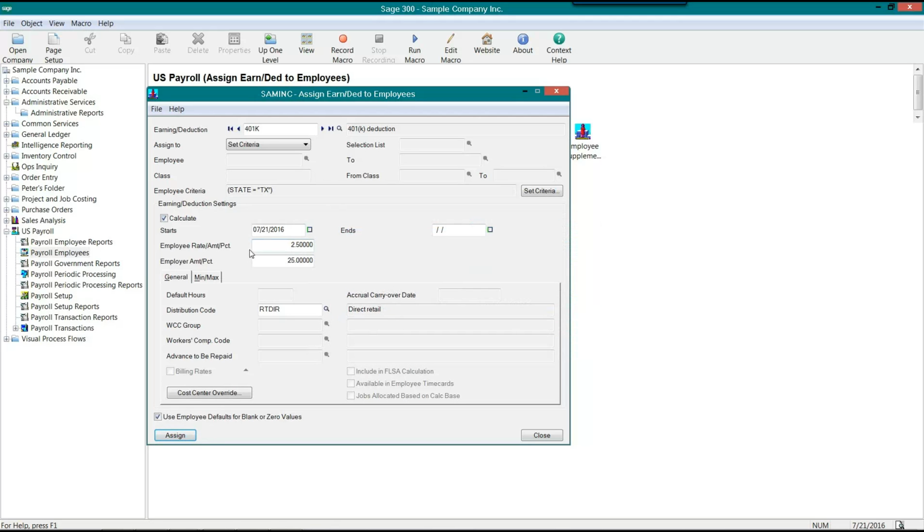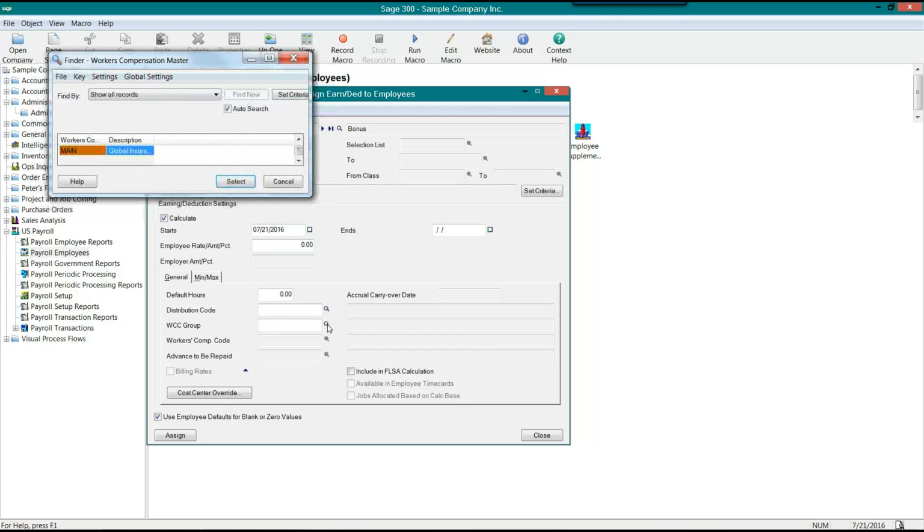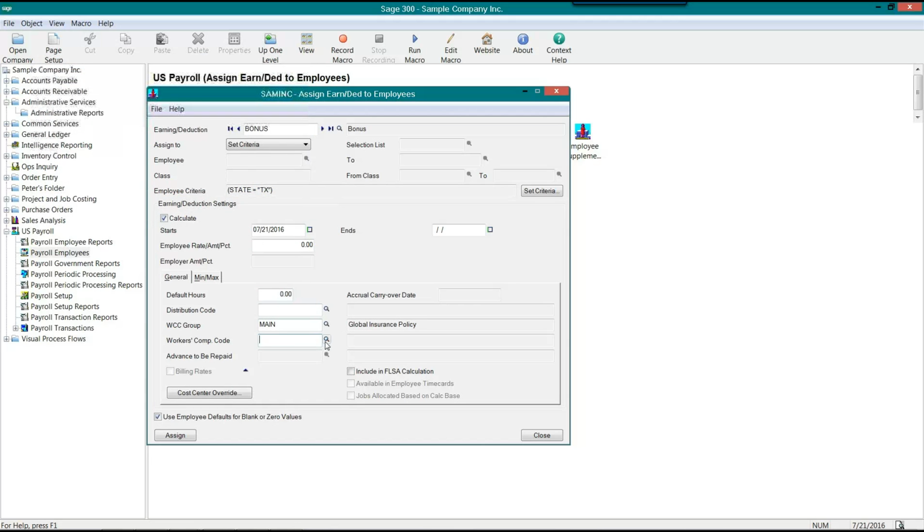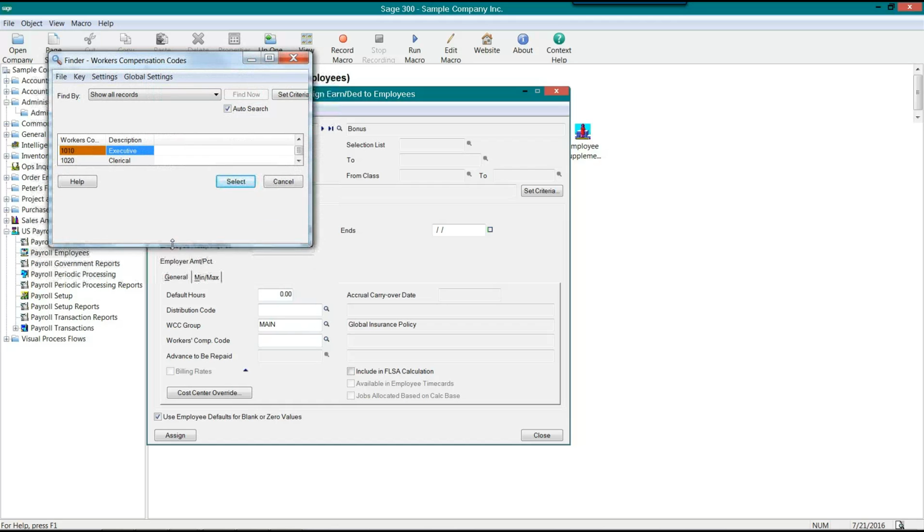And it's now letting me, if I want to make additional changes, I could go in and put in other settings, or maybe I chose the wrong earning or deduction. Okay, maybe I meant to do the bonus. But notice it still has my criteria, okay? But depending upon the earning or deduction type that you're choosing to assign, other fields may or may not appear here for you. So you want to be careful and make sure you're looking at all of the different fields that come up,